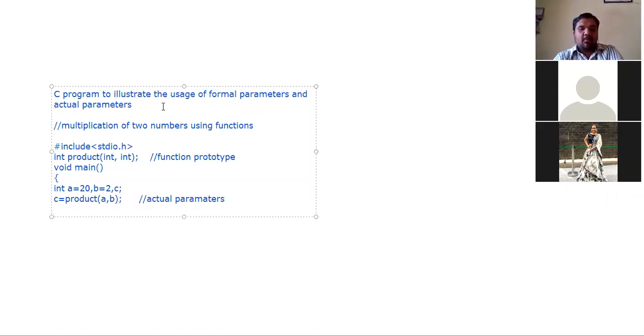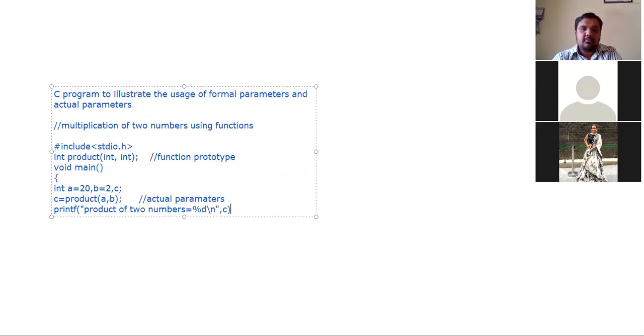Yes. So now printf product of two numbers, or product is equal to percentage d slash n comma. What is the variable?